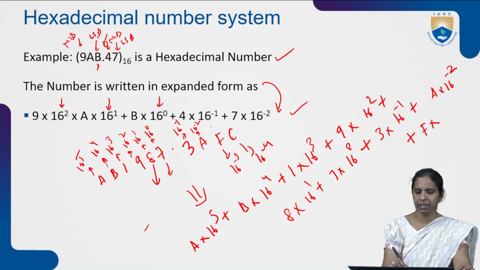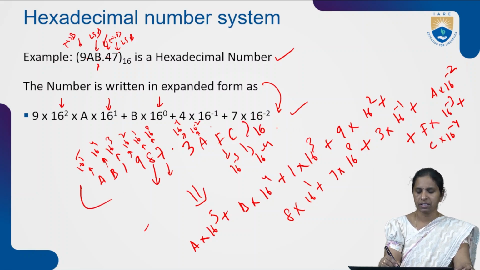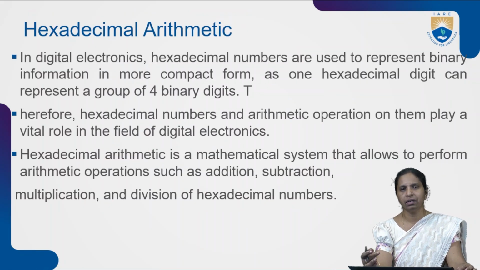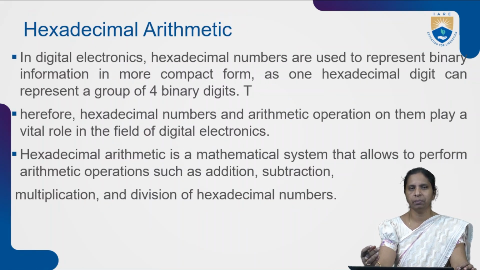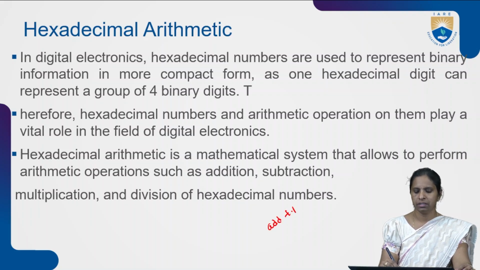F into what is weight is equal to 16 power minus 3, plus what is the weight of C here? 16 power minus 4. Like that, you can represent any number from hexadecimal number in the expanded form in this form. Next, as we know that we perform different arithmetic operations in the decimal numbers like addition, subtraction,